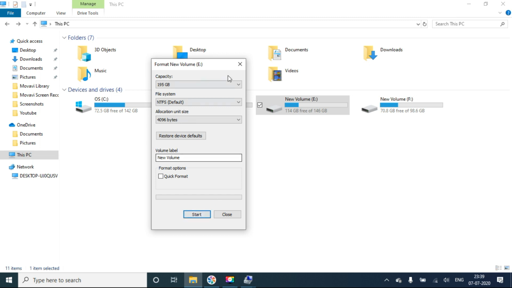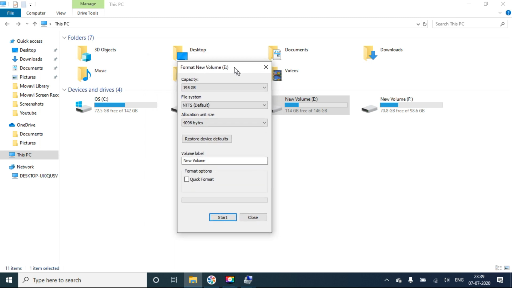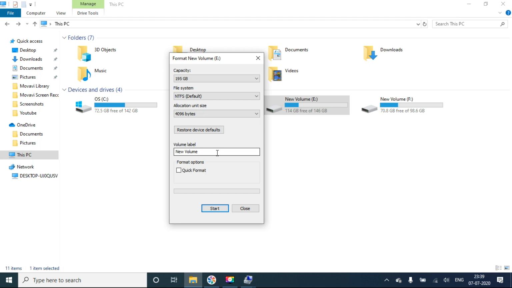If you do a full format, it will take some more time than quick format, but it will completely erase the digital data from the particular drive. This is the difference between quick format and full format. If you are going to exchange your laptop or PC, you can do a full format of all the drives and then exchange it, so your sensitive or personal data can't be recovered at any cost.